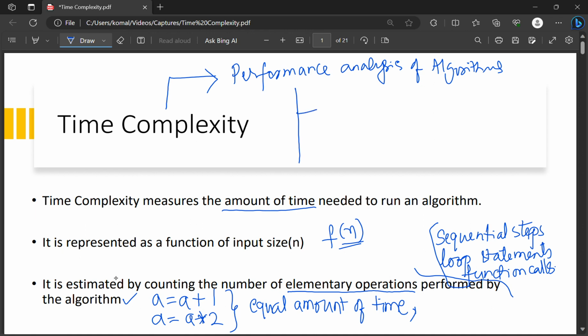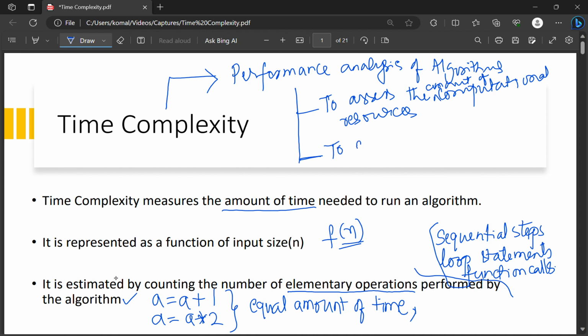The purpose is twofold. The very first one is to assess the amount of computational resources required. And the next purpose is